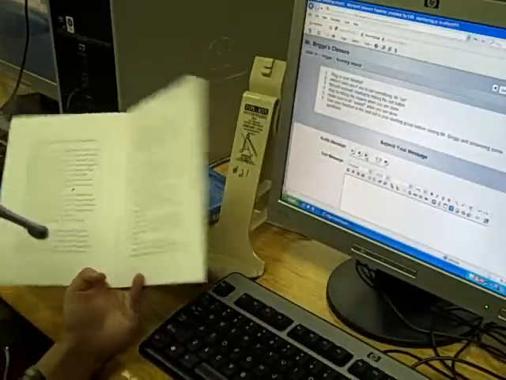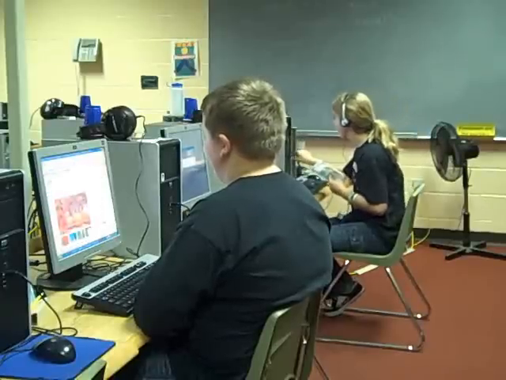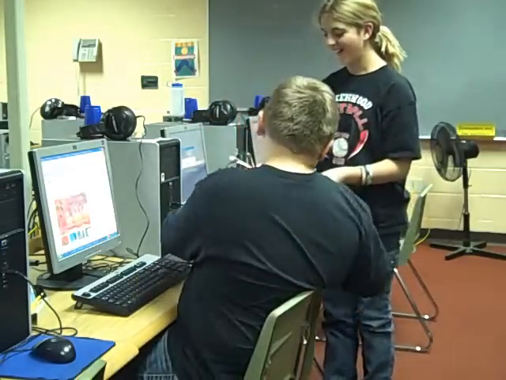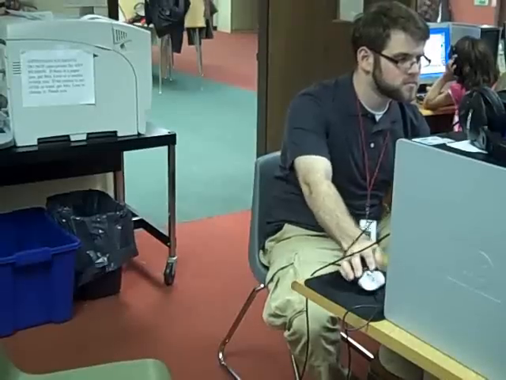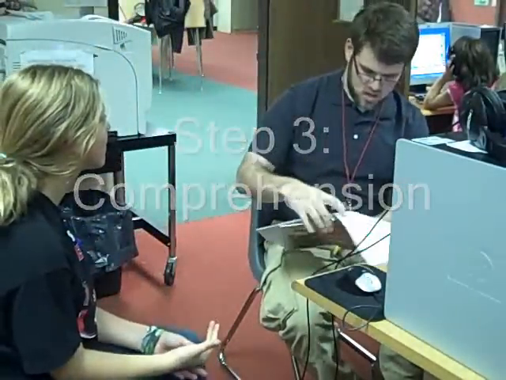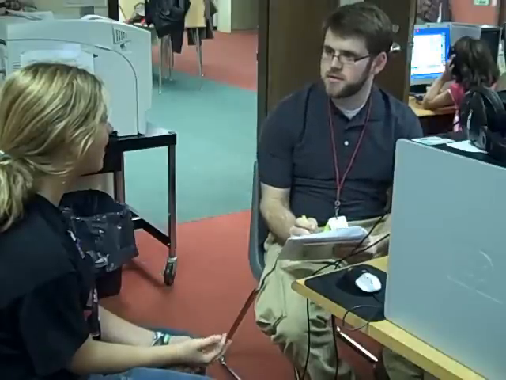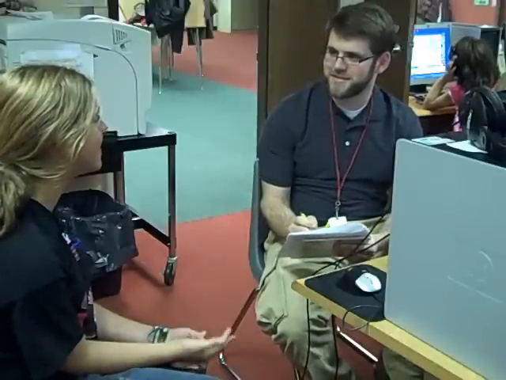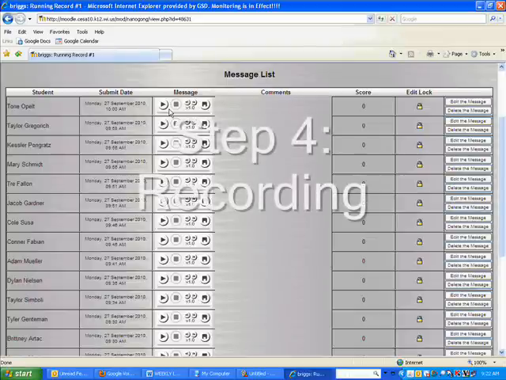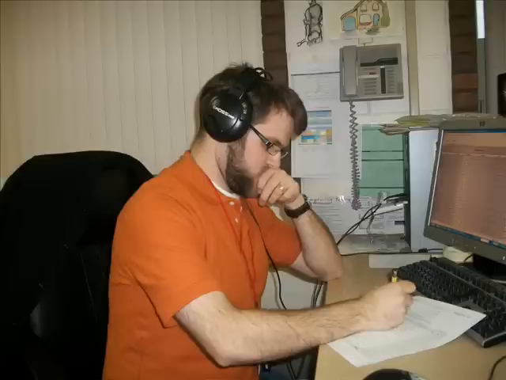When the student finishes, all I have to do is hit the stop button, submit their recorded reading, and then they pass the headset and the book to the next student who is reading that book, and the student continues the process. The student then comes to me, the teacher, after they're done, and I take their sheet and ask them some fundamental questions about the reading to assess the comprehension portion of the running record. I can then see all the recordings the students have made from my computer. Then on my own time, I fill out the running record portion, completing the fluency and comprehension portions of the assessment.